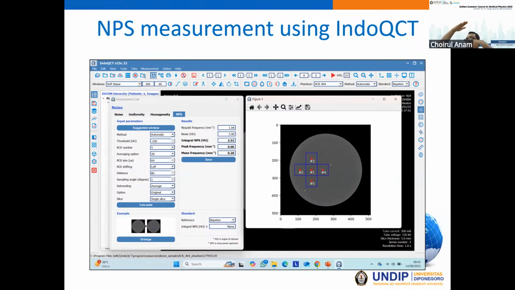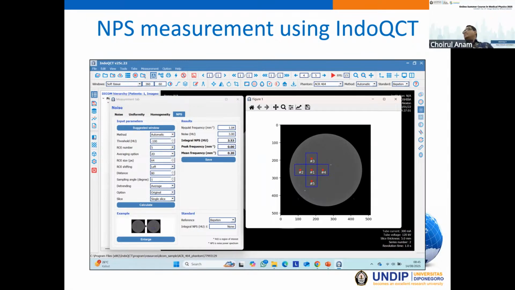We can set different angles, and use different detrending, maybe first polynomial or second polynomial and so on. We can also use fitting, and we can also measure the